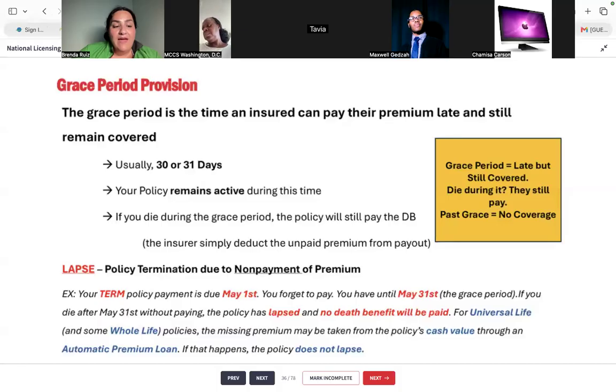Now, if you do not pay this policy in the time during the grace period, this policy will lapse. I've also seen this happen. It's very unfortunate. Now, a lapse is where there is no longer coverage. There's no longer coverage and this policy will not pay out. So I've seen this happen. There's an agent in our office who comes to me one day. He says, I need your help. He goes, my mom passed away and the insurance company is not trying to pay this policy out. Now, this was an agent in the office, not a client.